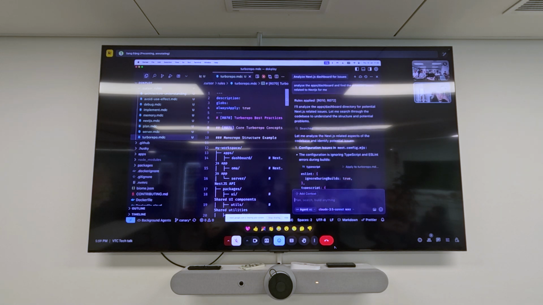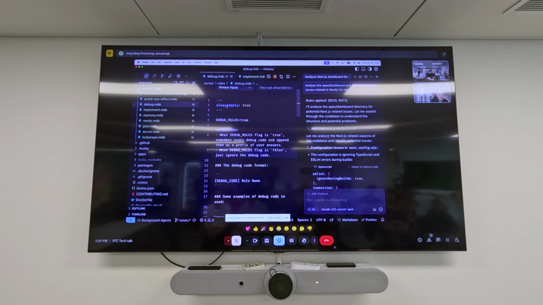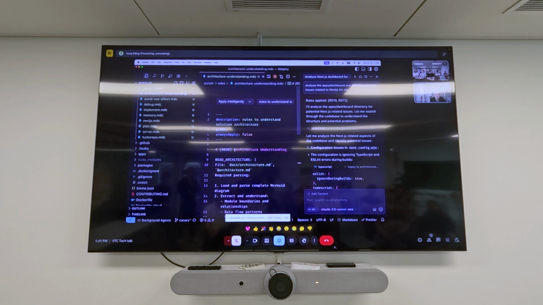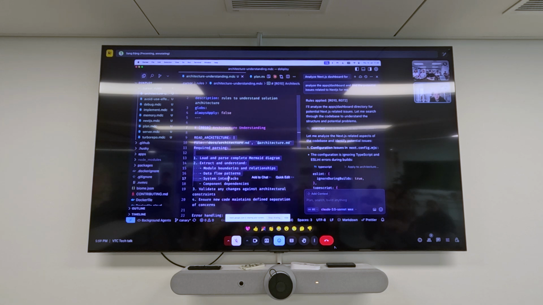For example, with the debug rule flag turned on, whenever I ask them, hey, let's analyze something, and they do it, they say it in front of that, the way I told them, hey, say which rules you applied, and I can check it, like number 010 is this one about understanding architecture.